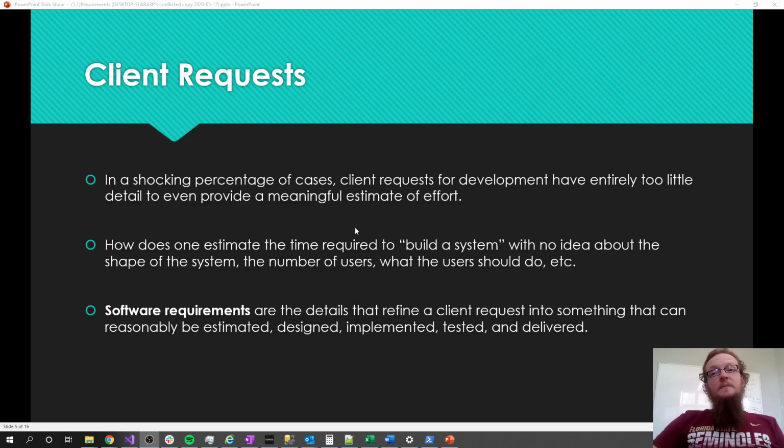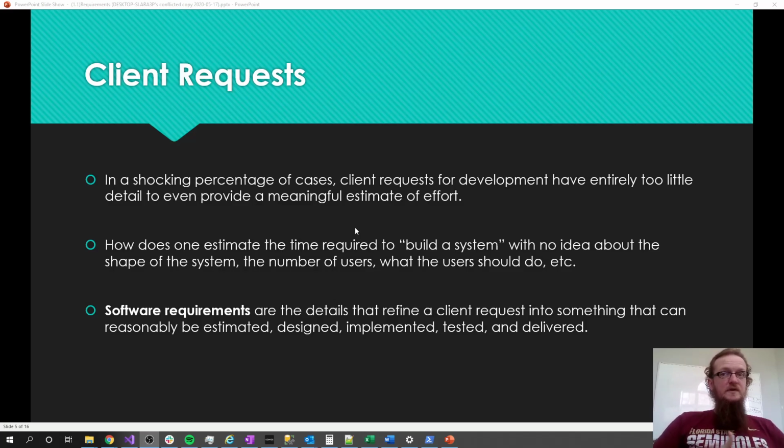So what software requirements at their base do is they break down this kind of directive client request into bite-sized pieces that are measurable. So the idea is that you can take this kind of ephemeral idea of building a claim system and you can write out, even if there are 1,000 requirements, you can write them down on a piece of paper. You can look at each requirement and say, hey, this one's going to take 15 minutes and this one's going to take 4 hours and this other one's going to take 6 days. And at the end, you can aggregate all of those things together